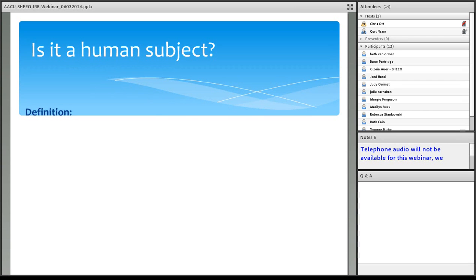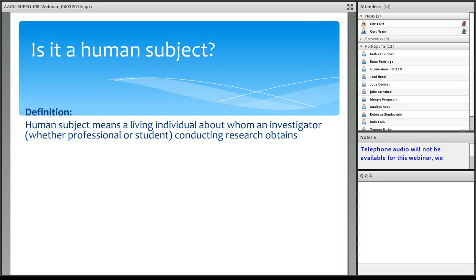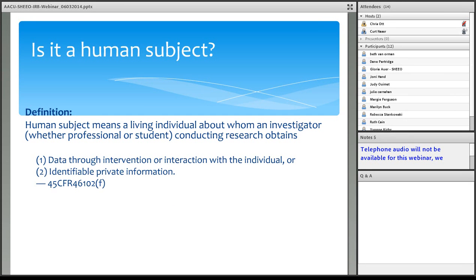Analysis of videotapes pulled from security cameras. This is an interesting one. So it's a public area. There's no de facto expectation of privacy. And so therefore, you could argue that analyzing these videotapes in a public area such as a campus center is not private identifiable information because there's no expectation of privacy in that setting. Now, there certainly could be security cameras in settings where there is privacy expectation. So you have to be clear about what the